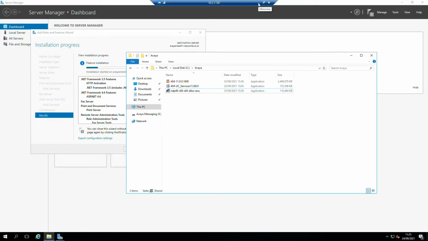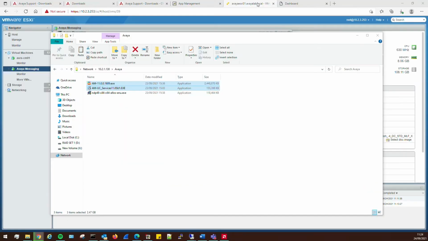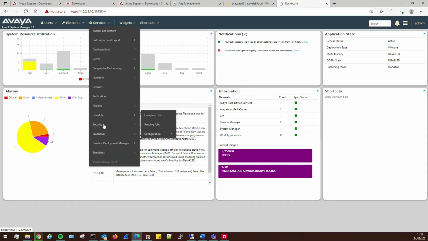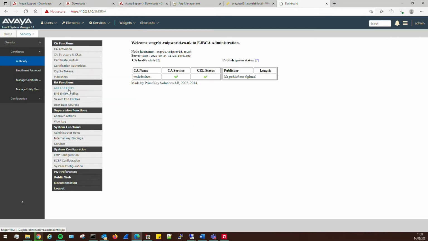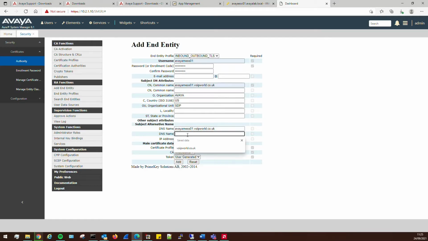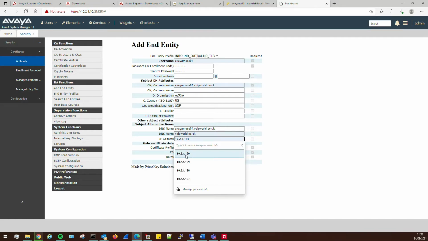So the other thing I'm going to do, whilst that's still doing that, is head over to System Manager. We need to create a certificate for this server. So if we go to Security, Certificates, and Authority, we'll just add an end entity, and we'll give it a name. In fact, it's already auto-completed it for me. We'll put it in the subject's alternative name, followed by its IP address. And I'm going to generate this as a P12 file,